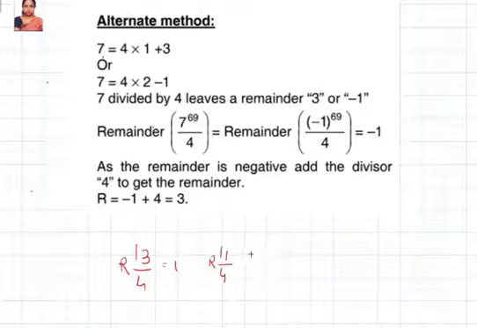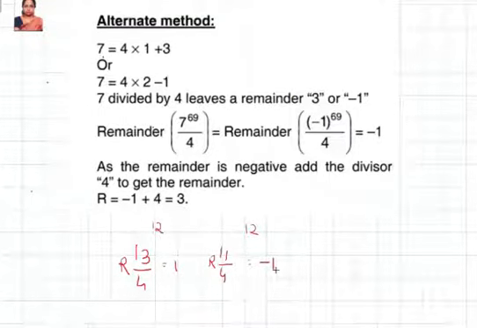Instead of that, we can do the other way. You know that for this we had taken 12 as the exact multiple of 4, and then it is 1 more than that, therefore that's the remainder. Similarly, here it is 1 less than the exact multiple of 4. So you're going to have minus 1 as a remainder. So you have 12 as a multiple. If it is 1 more than that, it's going to be 1 as a remainder. If it is 1 less than that, it's going to be minus 1 as a remainder.